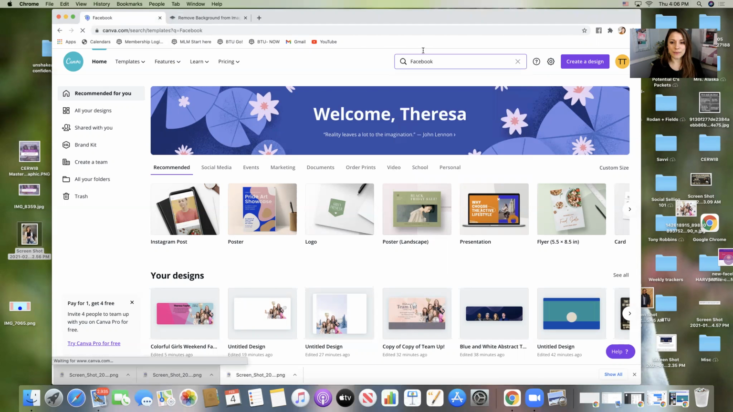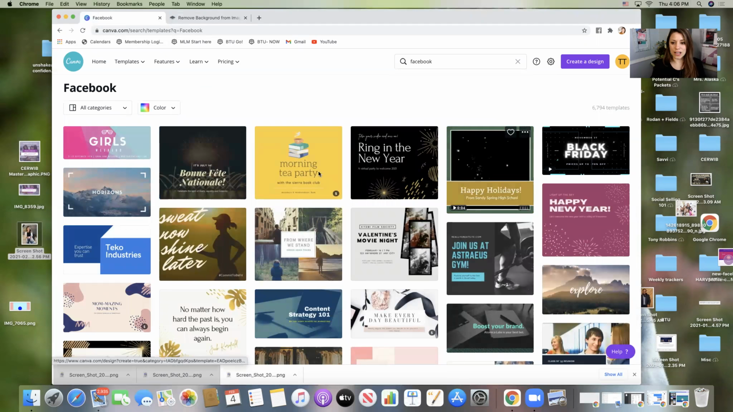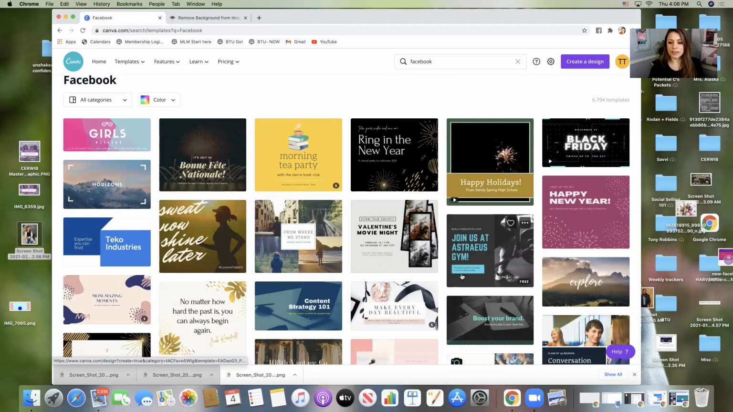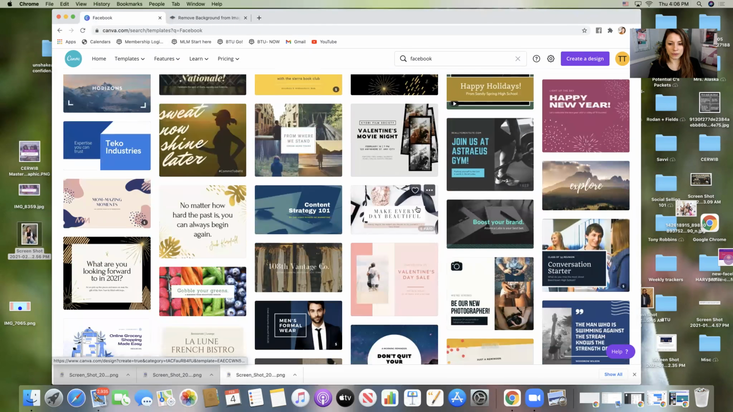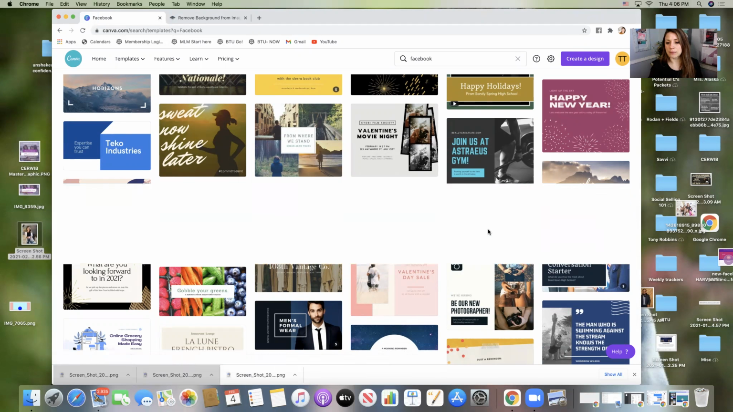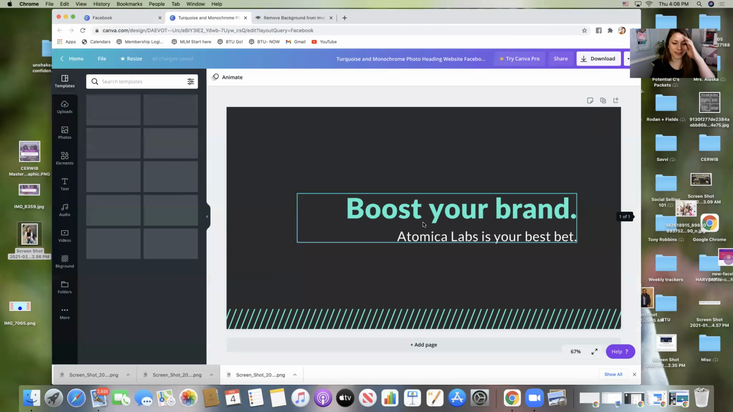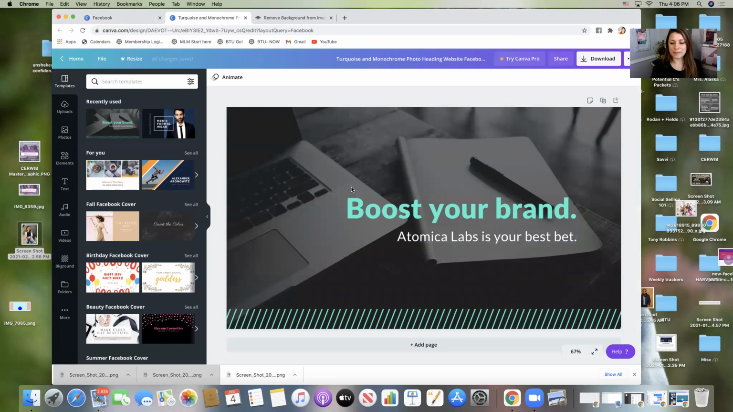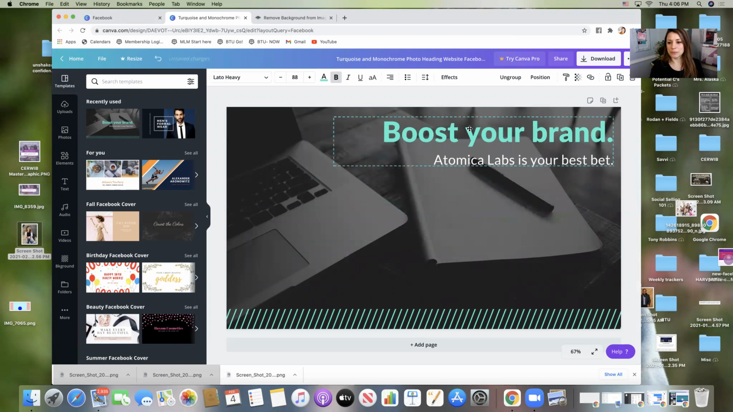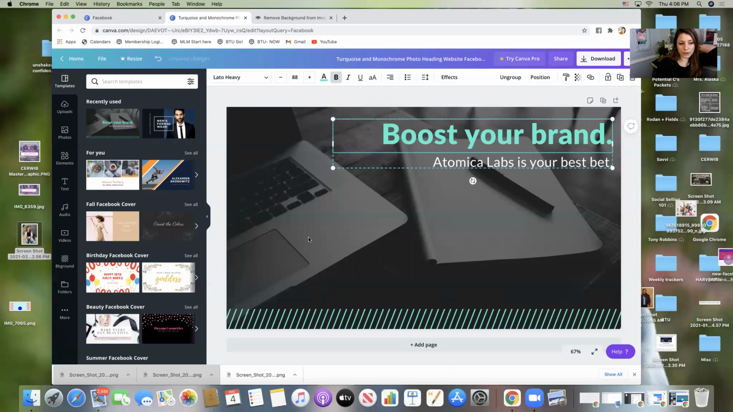I'm just going to look up Facebook, and there's lots of different things to choose from. Some are free, some you'll find, it's got like a paid image, or there might be a crown, and that's to show that it is for the pro, so the paid version. I'm going to choose this one right here because I really like these colors. Okay, I'm just going to move this to the side. Now, before I get started,